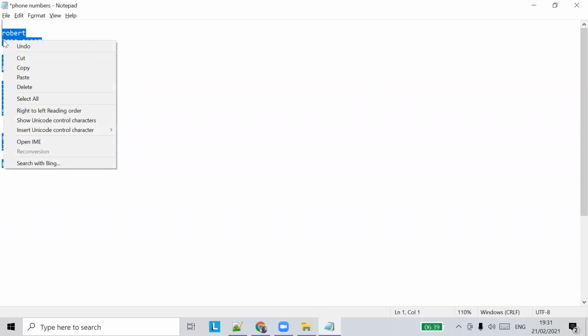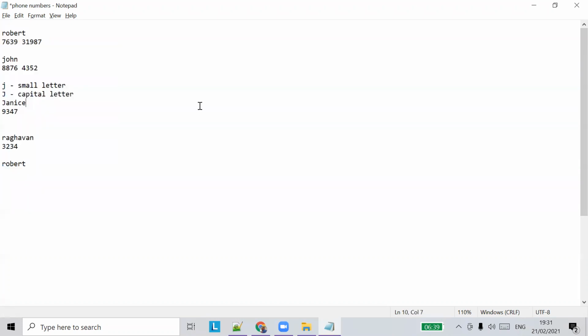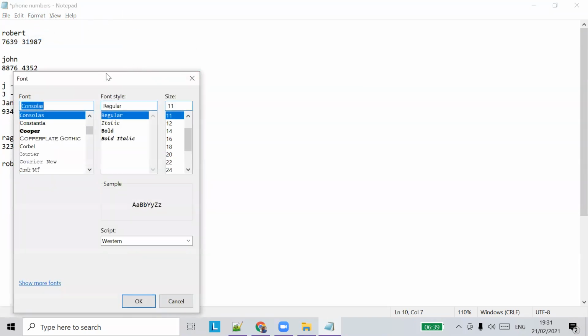Click it a single time and you will have some right click options here. These are the same options that we see here: undo, cut, copy, paste, delete. These are the basic options. And similarly we can choose fonts also.